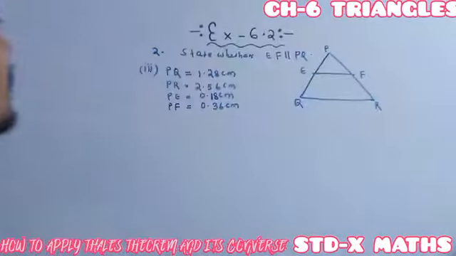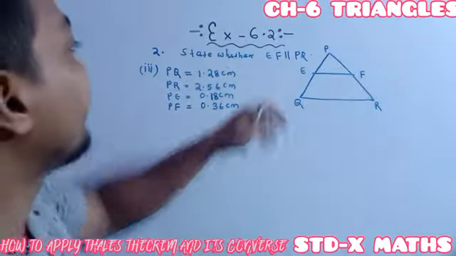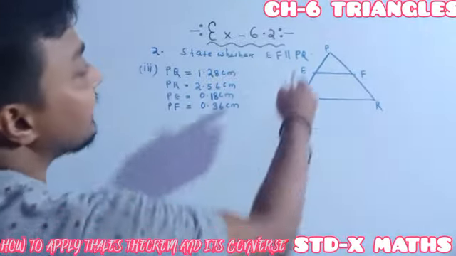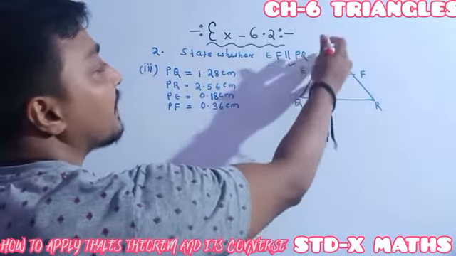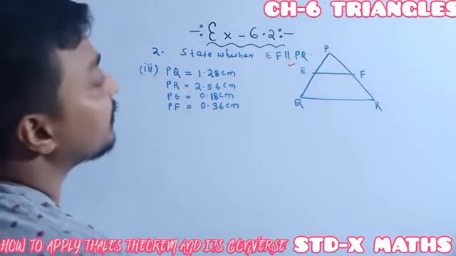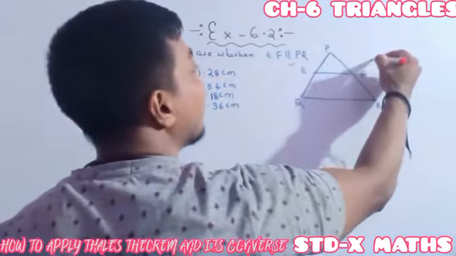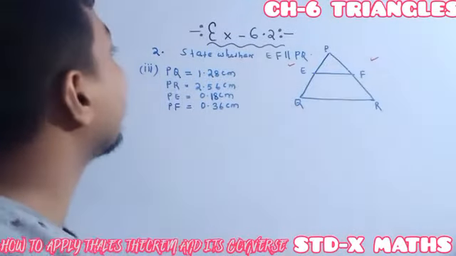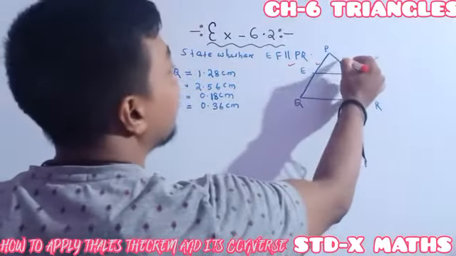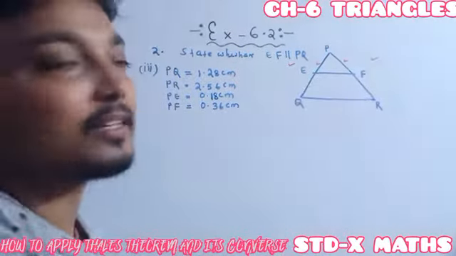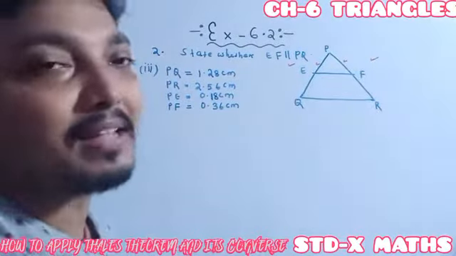Okay. See, in the third part also the same is asked. PQ, the larger one, is given. Then PR, the right side larger part, is given. Then PE, the smaller part, is given. Then PF, this smaller part, is given. So one of the forms was said to you.